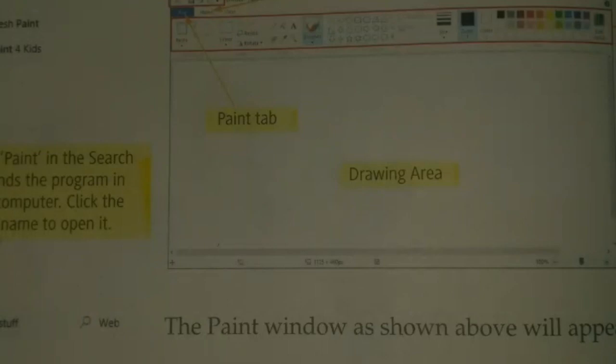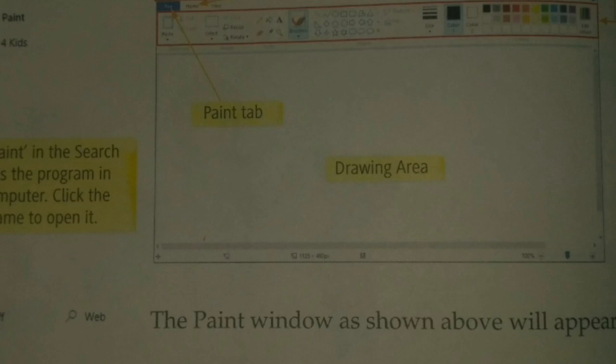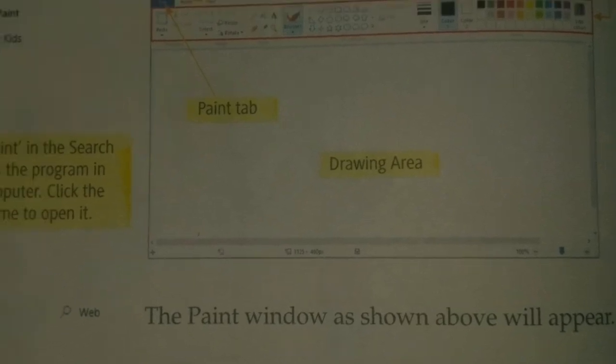So once again: the quick access toolbar contains buttons to quickly save the drawing, make a new drawing and so on. The ribbon has three tabs, file, home and view tab.